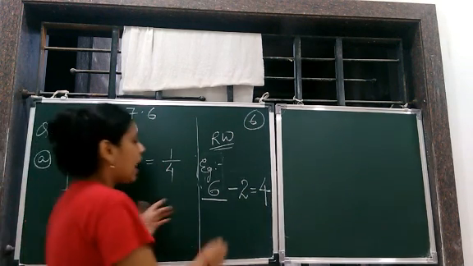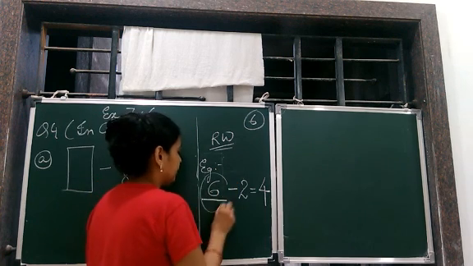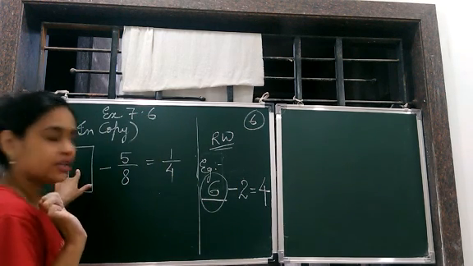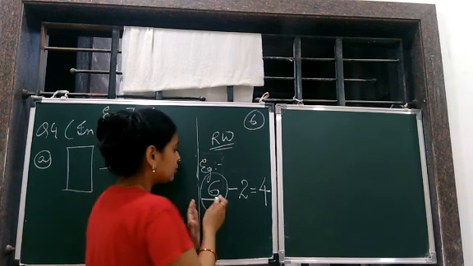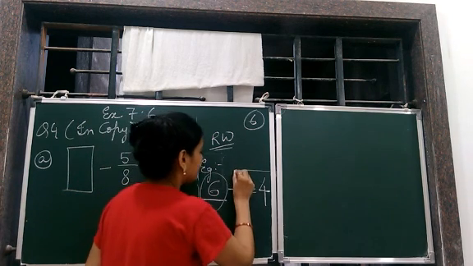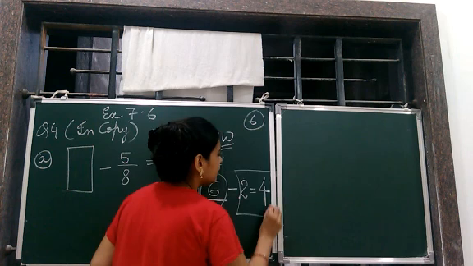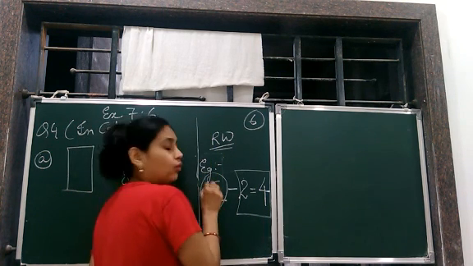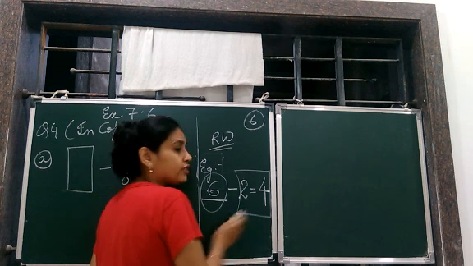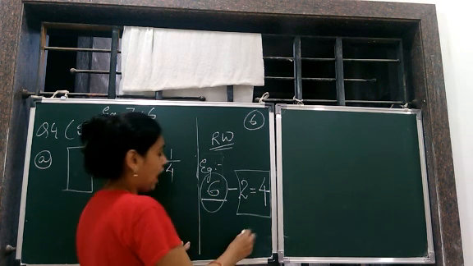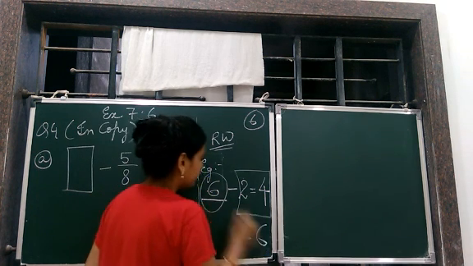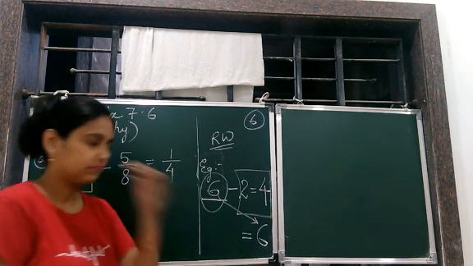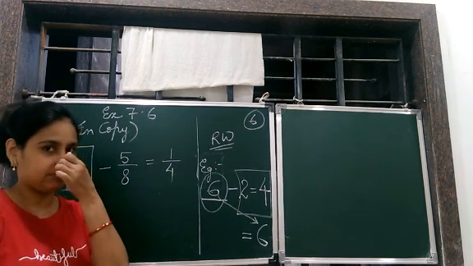Now how to get this number? How to get this number here? That is exactly what we don't know. So how will we find out? Now you see, from these two numbers, what kind of solution will you write here so that your answer is equal to 6, so that this number comes here? What fact can you give?